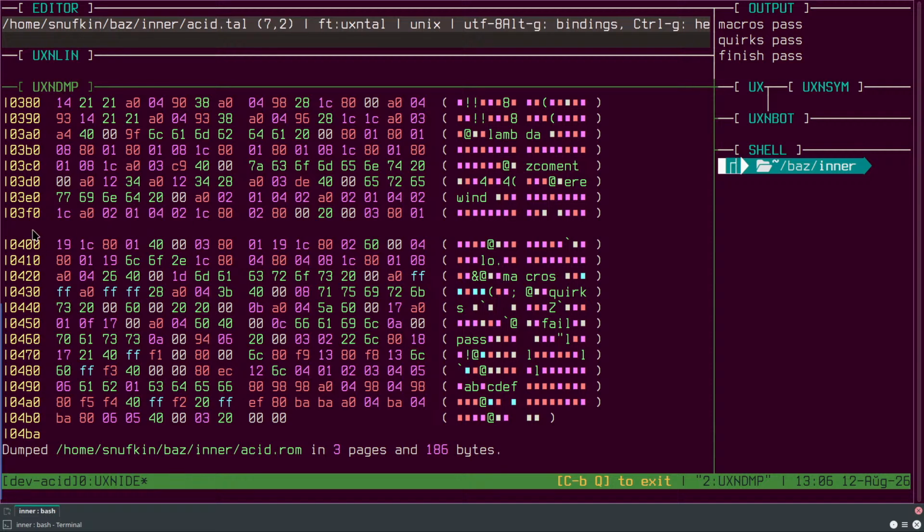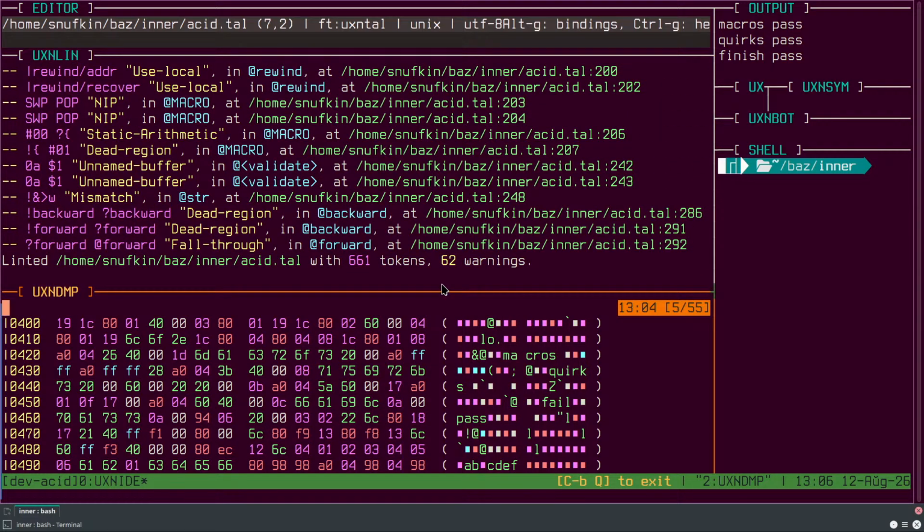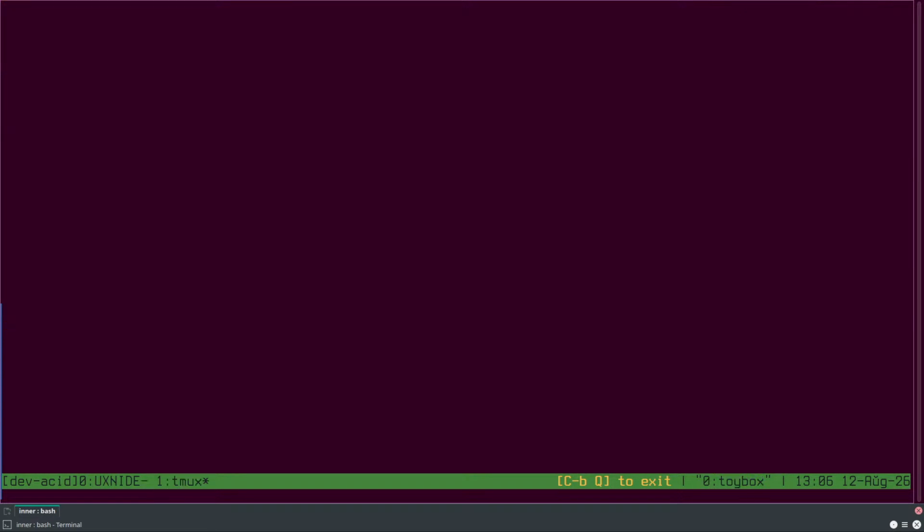Everything is aligned. I put here a new line so we can distinguish pages, and I also separated these columns here so it is easy to count the bytes and all that. And then, however, we can also run all these programs just